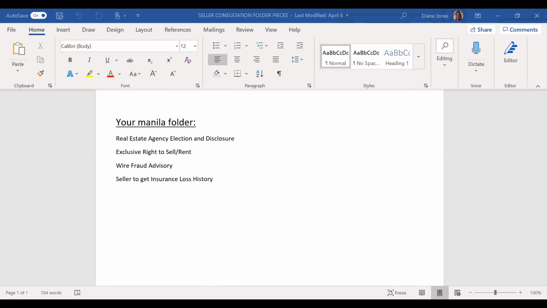You can see here different things that you're going to be doing, and then whether or not I receive the SPDs back, the loss history, obviously the HOA would be applicable. The other part on this is page 2. Once you do get an offer on your listing, this information is going to become important, and then you're going to walk through that offer, the transaction from a buyer side, they're opening escrow, they're doing their inspections, you have to provide them the